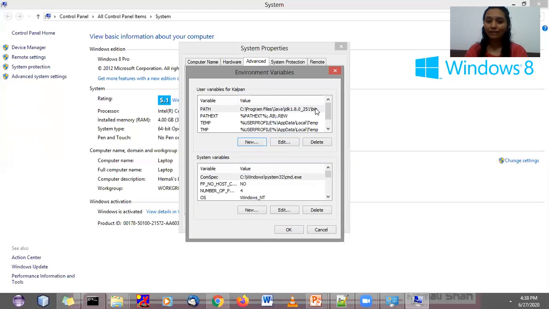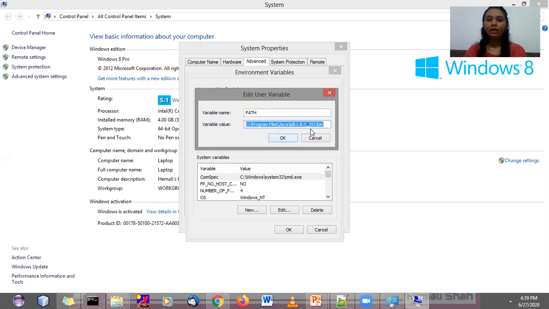Now, it might be possible that a path variable already exists in your computer. At that time, you just need to search for the path variable, then press the Edit button, and don't remove the already existing path value in your computer. You just need to type a semicolon, then paste the path of your JDK.